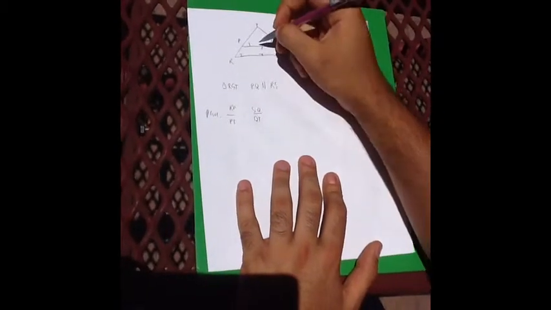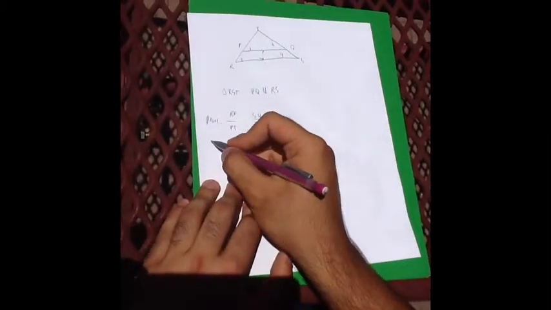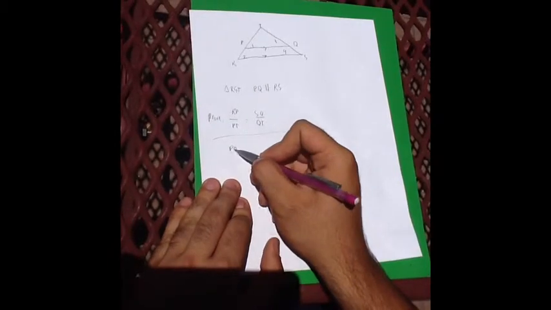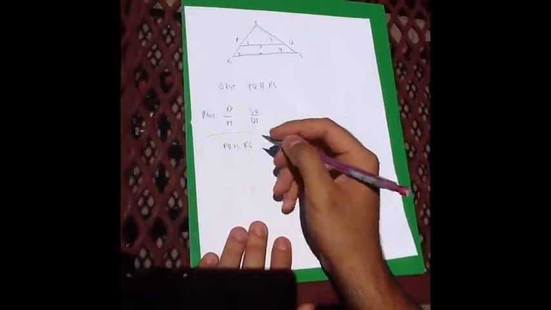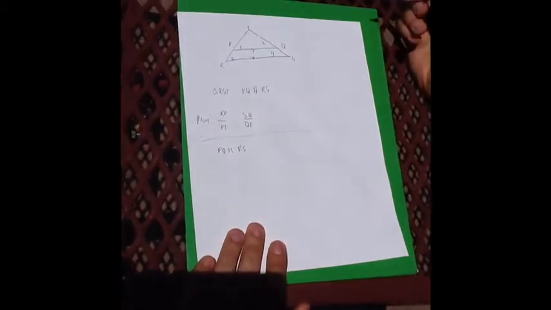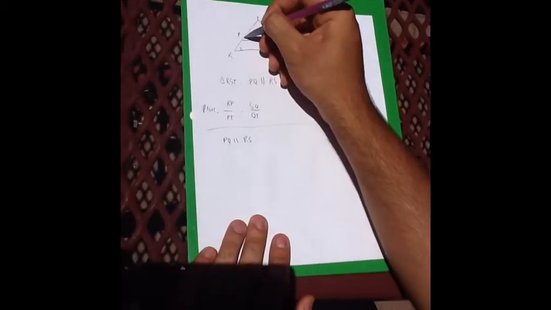So we know that PQ is parallel to RS, and my friends, I've already taken care of these. They have already told you that when two lines are parallel to each other, angle 1